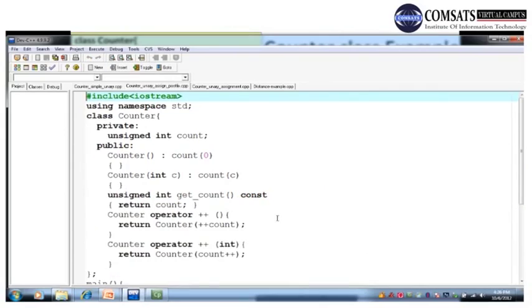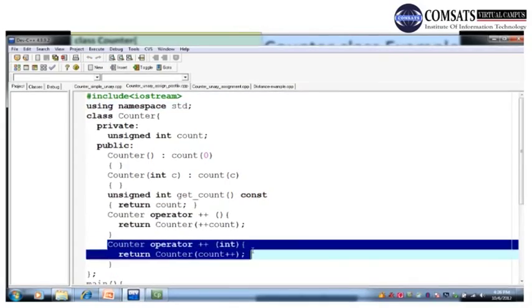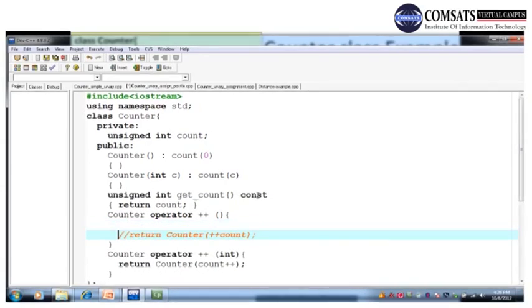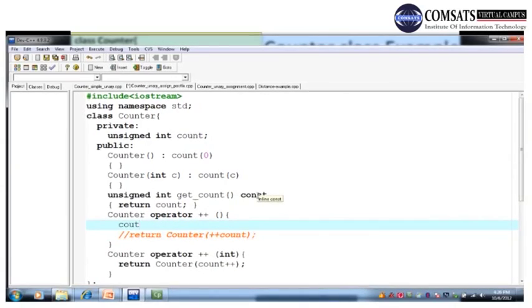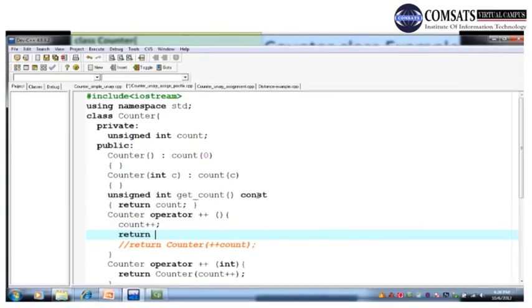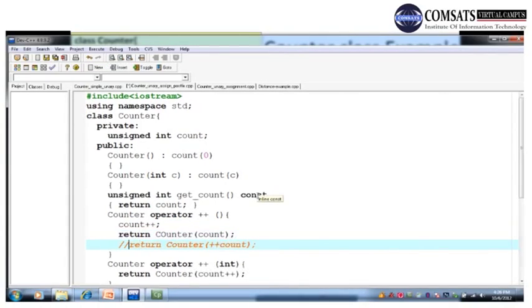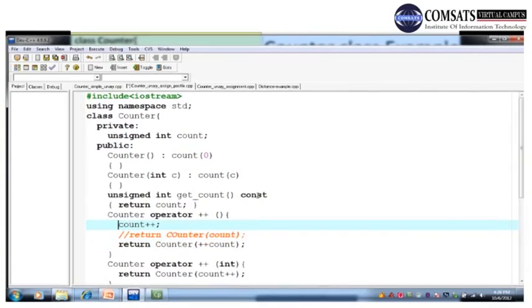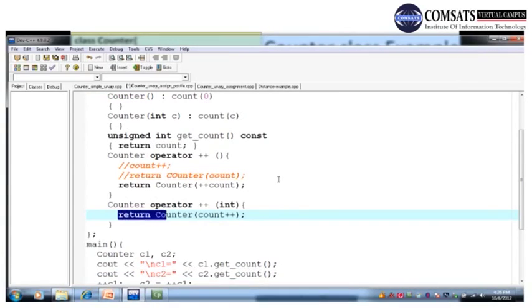Okay, this is the program, right, and this is the function for the, so इस स्टेटमेंट को मैं इस तरह भी लिख सकता हूँ। For example, I can write count plus plus and then return count. सो दैट इज सेम थिंग कि अगर मैं इसको एक ही स्टेटमेंट में इस तरह से लिख दूँ और इसको कमेंट आउट कर दूँ, राइट। पर जहाँ पर इस स्टेटमेंट को मैं अलग अलग इसको लिखना मुश्किल है, बिकॉज अगर मैं पहले लिख दूँ रिटर्न काउंट और बाद में काउंट लिखूँ तो पहले वो रिटर्न हो जाएगा,